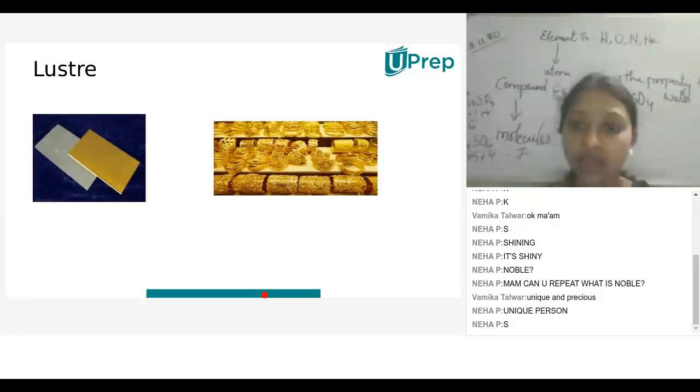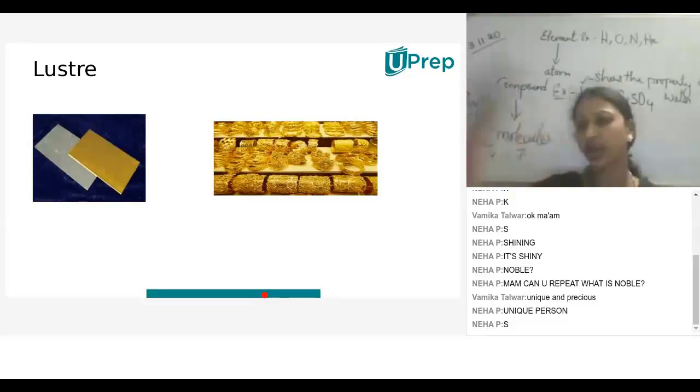But normal metals, like iron, we can't wear an iron chain as it is. If we wear an iron chain, we need to anodize it. What do you mean by anodization? Plating, electroplating. The outer surface is completely electroplated, so it won't react with oxygen and water. If we consider it as it is, it requires anodizing.